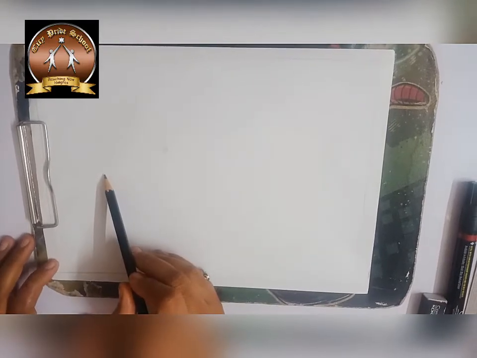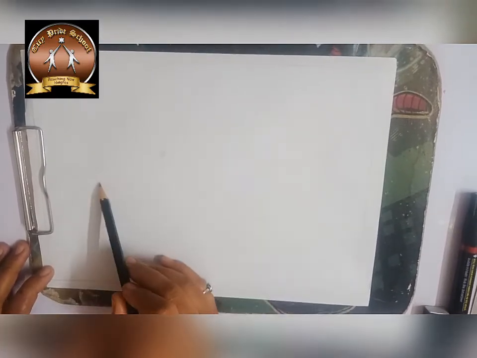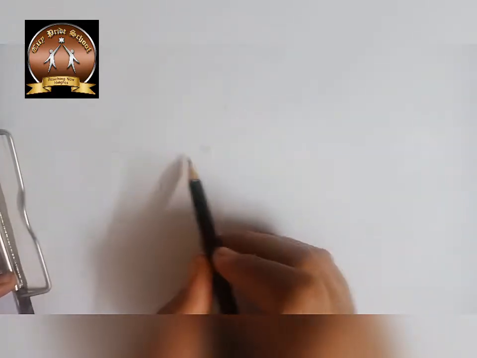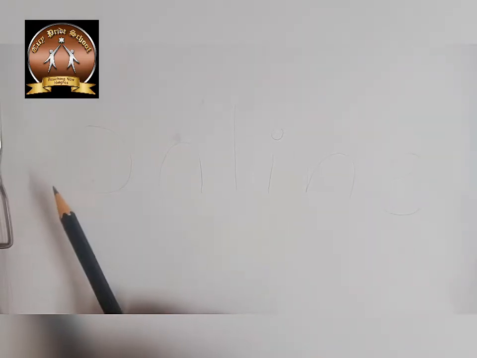First you have to remember this word, which you are going to write in the middle of the page. First we write it with the pencil, the regular letters O, N, L, I, N, E, regularly how we write it. Then step by step we are going to decorate each letter. If you want, you can do it directly with the sketch pen, but if you are not comfortable you can do the detailing with the pencil first, then do the border with the black sketch pen.